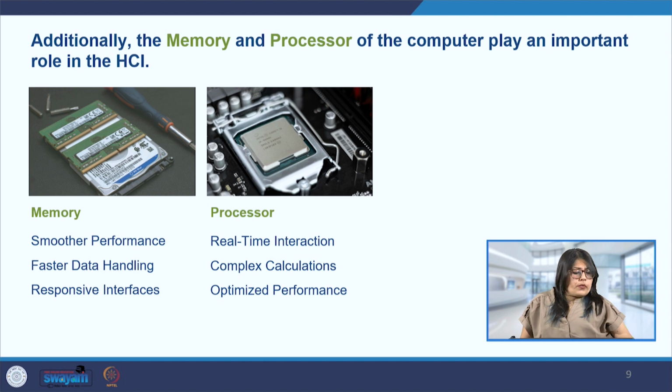The next is our complex calculations. The advanced processing capabilities also allow for the execution of complex calculations and algorithms, and also for data processing and data analysis. So this can improve the functionality and intelligence of the applications, especially where we require things like predictive text or recommendations from the system. And also we can see we have AI and machine learning that we are using extensively nowadays, so that quick feedback is highly imperative.